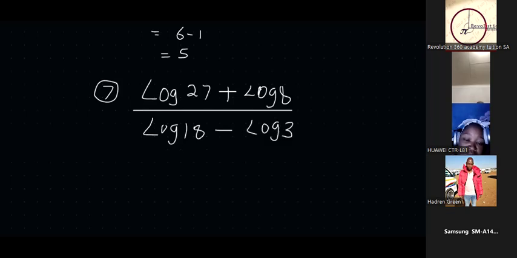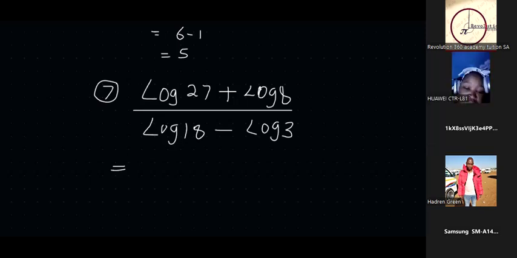Who can tell me what we are going to do? You must make sure that you use logarithms. Okay, come again, you are saying? We're going to change 27 to the base of 3 and 8 to the base of 2. Yeah. You're going to change that 27. Right? So when you change 27,